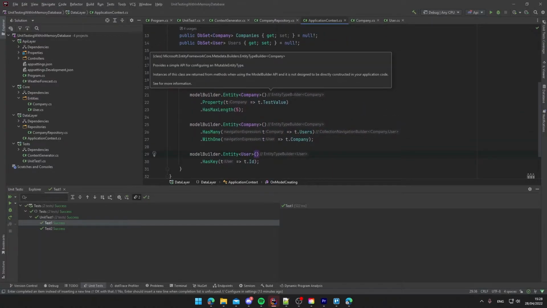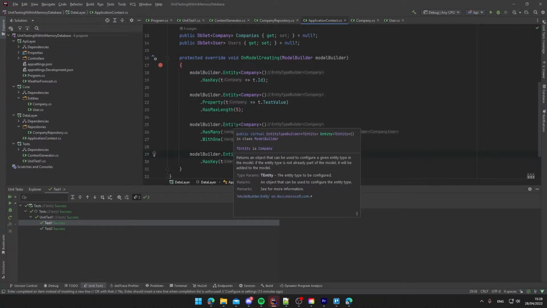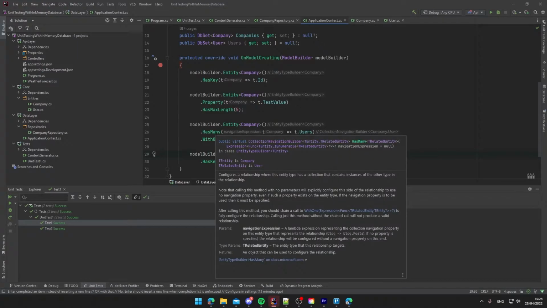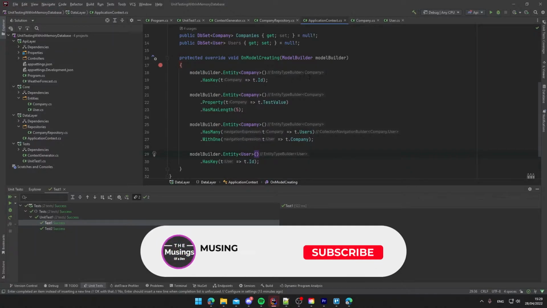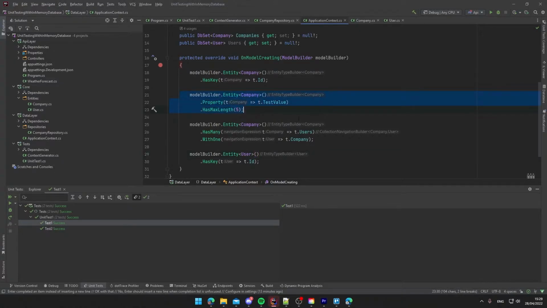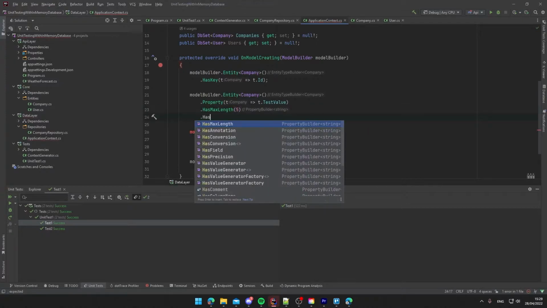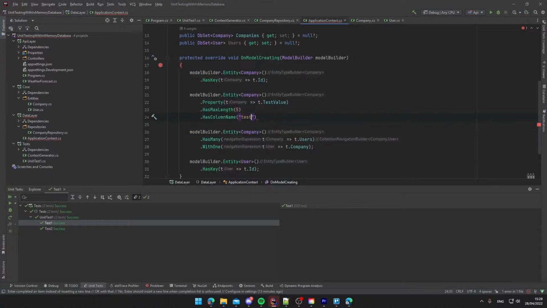Now this presumes you're going with Fluent API rather than using data annotations such as required and stuff like that on top of your actual entity models. But you can see here, pretty early on, this has only got two entities. There's a foreign key relation between user and company, company has a maximum length of 5 on test value, and we can add a few more things here. So we could say, has a column name of, let's say we wanted this in snake case instead, test value,